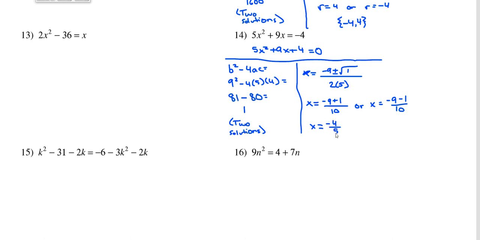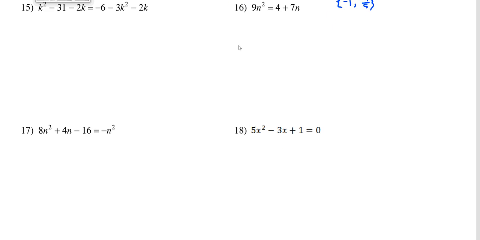Going down to number 16, just two more to go. On this one, we need to get everything to one side, so we have 9n squared minus 7n if I subtract 7n from both sides, minus 4 if I subtract 4 from both sides, equals 0. So my discriminant, b squared minus 4ac,